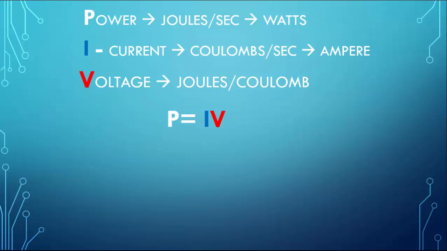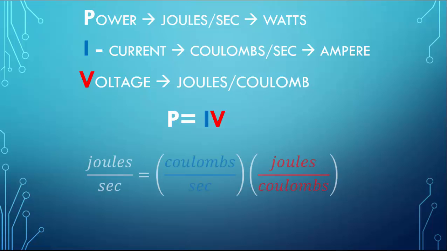P equals IV. Well, let's do units. You do that a lot in physics, just look at the units to see that everything works out. So we know that power on the left side is joules per second, and on the right side we have current as coulombs per second and voltage as joules per coulomb. Here we see that the coulombs cancel out,